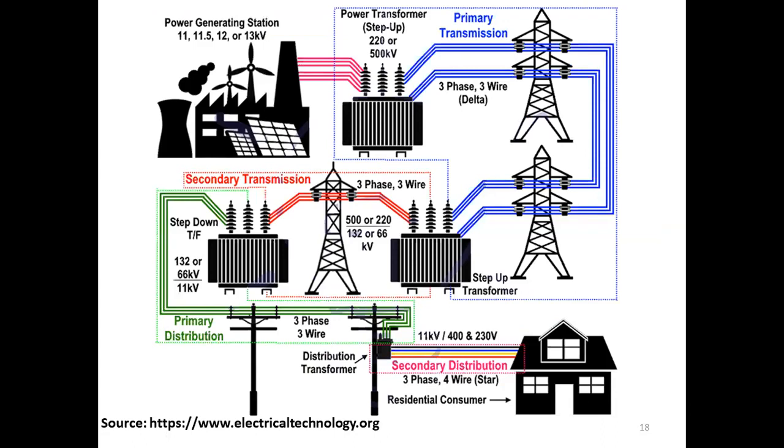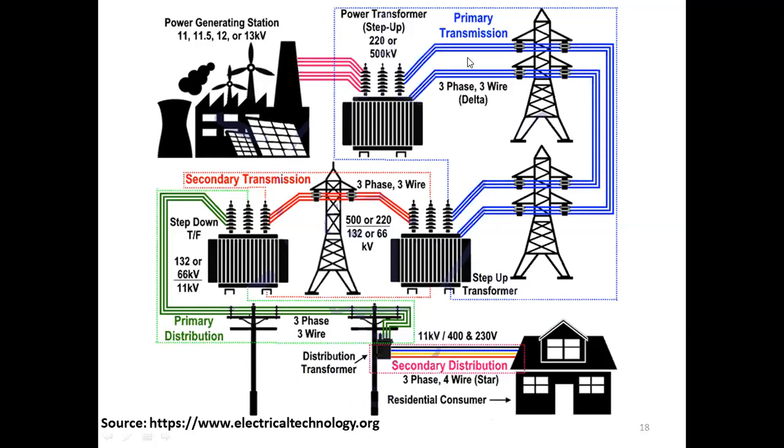What we should come across to get electricity at our home. See, at this portion, the power generating station, from which we are generating power with a voltage of 11.5, 12 or 13 kV, depending upon the generator rating. The supply produced from the power station is immediately given to the power transformer. See the diagram here, power transformer. It steps up this 11 kV voltage to 220 kV.